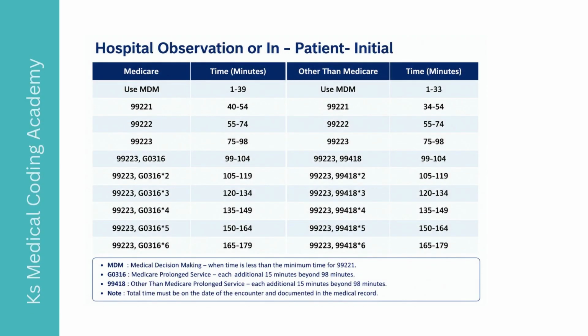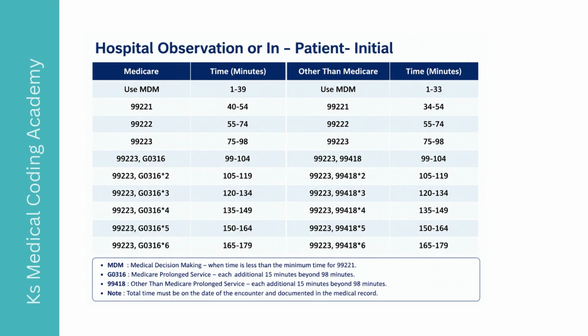In this slide, we will review the time-based coding table for initial hospital observation or inpatient evaluation and management services. When selecting the EM level, you can use either medical decision-making, or MDM, or total physician or qualified healthcare professional time on the date of the encounter. For Medicare, if the total time is 1 to 39 minutes, the code should be selected based on MDM. Time-based coding begins with 99221 for 40 to 54 minutes, 99222 for 55 to 74 minutes, and 99223 for 75